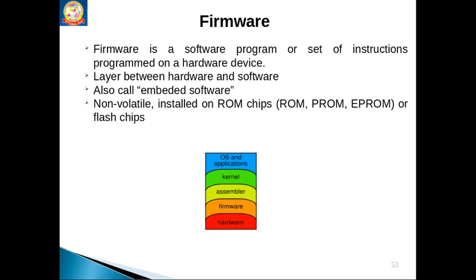Generally, firmware is installed in ROM chips. Even in cars, you are playing some music and cars have display units. How the information is displayed in cars, or in machines like microwave ovens and washing machines, there is a ROM chip. Your program is installed in that ROM chip. Whatever program is installed in that ROM chip and embedded into any device, we can call it firmware.